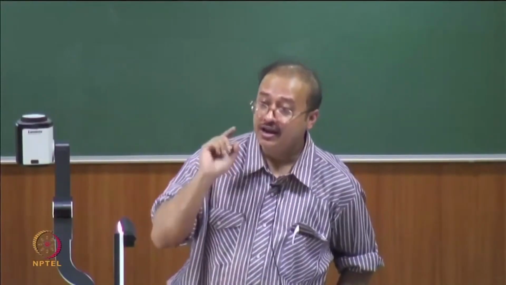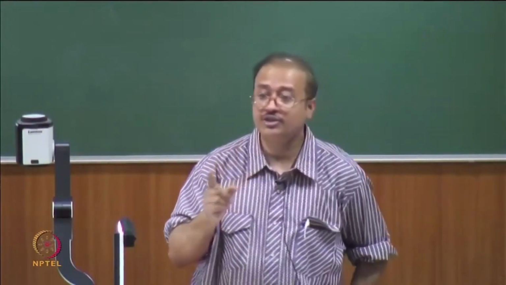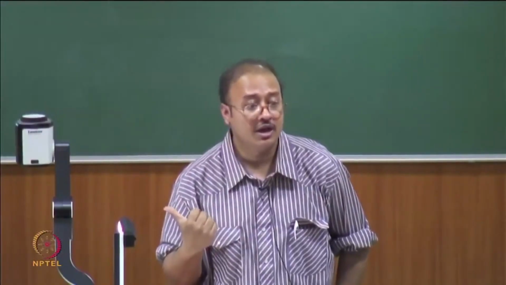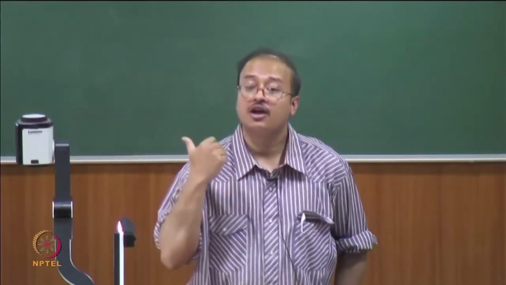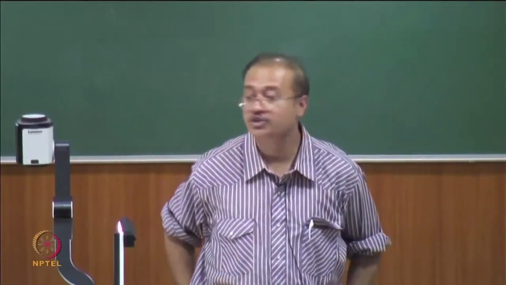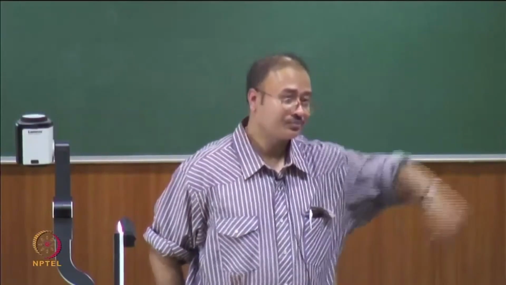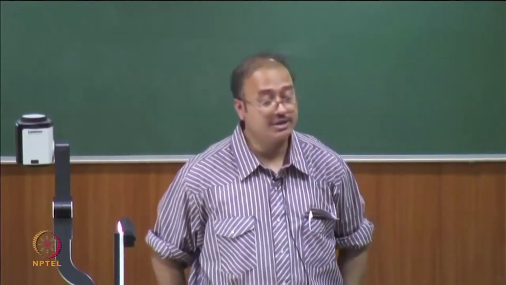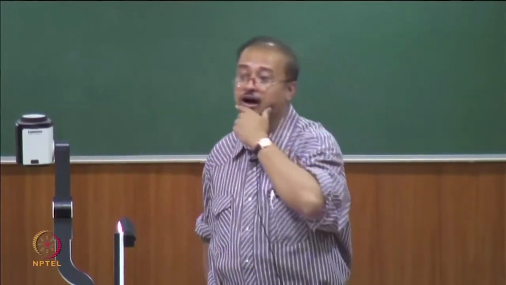Next class we will derive an expression for the mean square displacement of a particle exhibiting Brownian motion. It is Brownian motion because the force acting on it is subject to what? A random fluctuation from the solvent molecules, and you will actually get a very interesting result. You will see that all whatever we have talked about are so very much